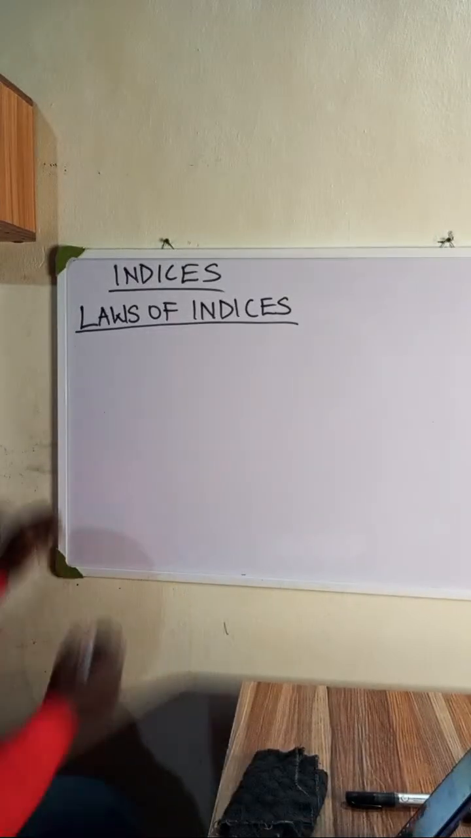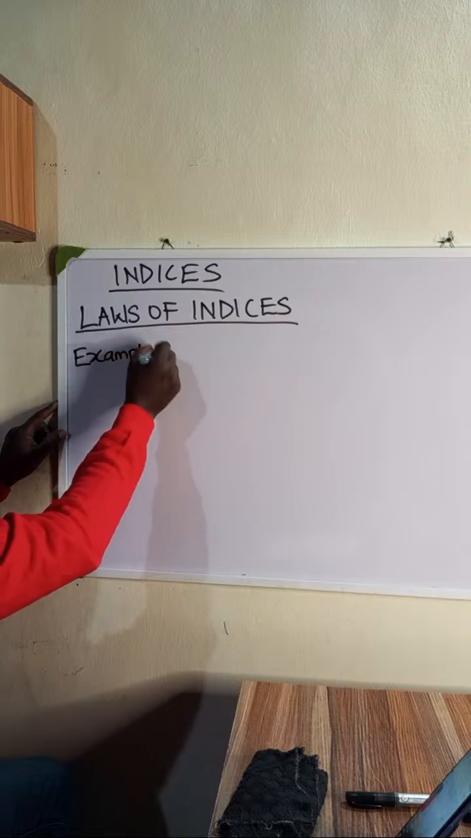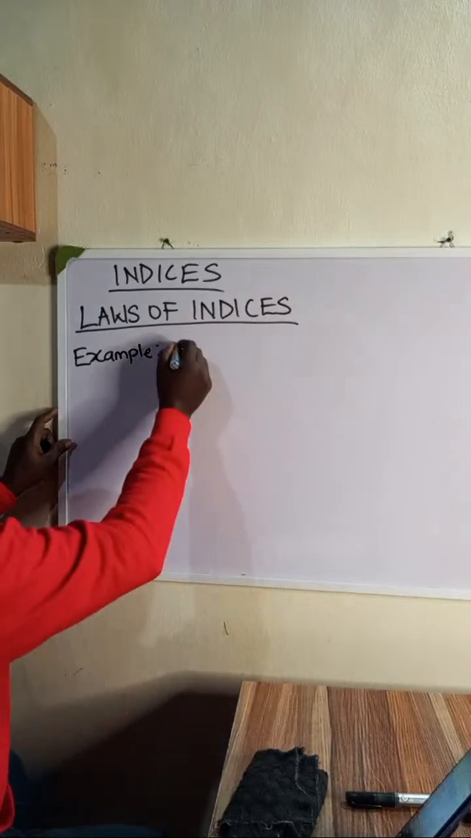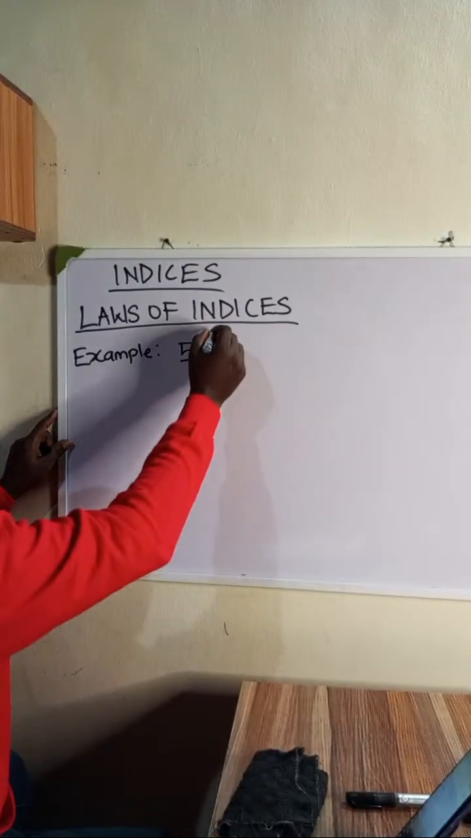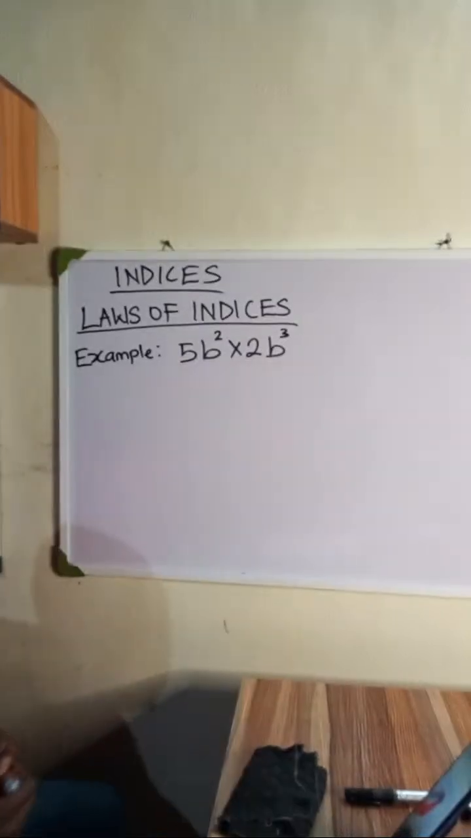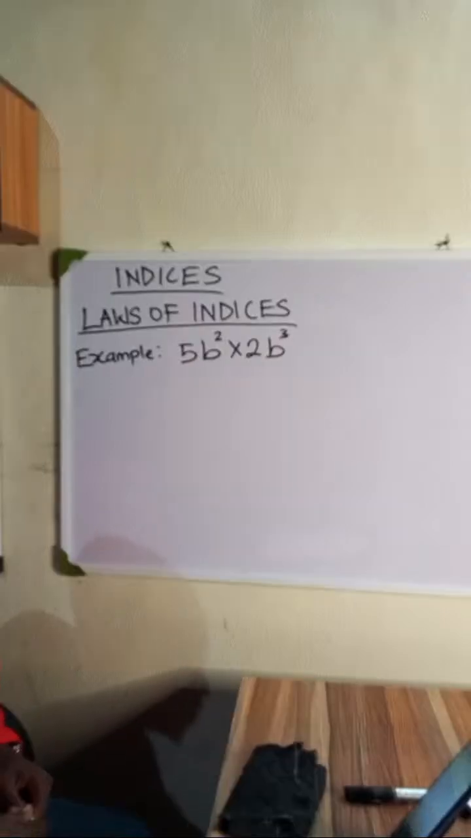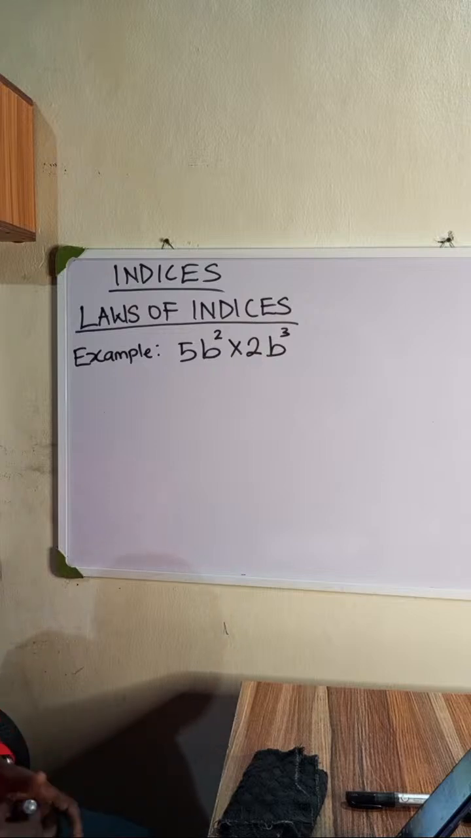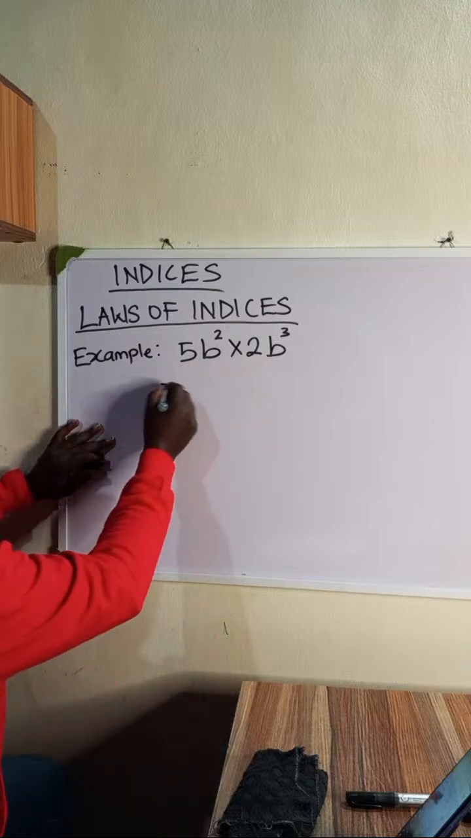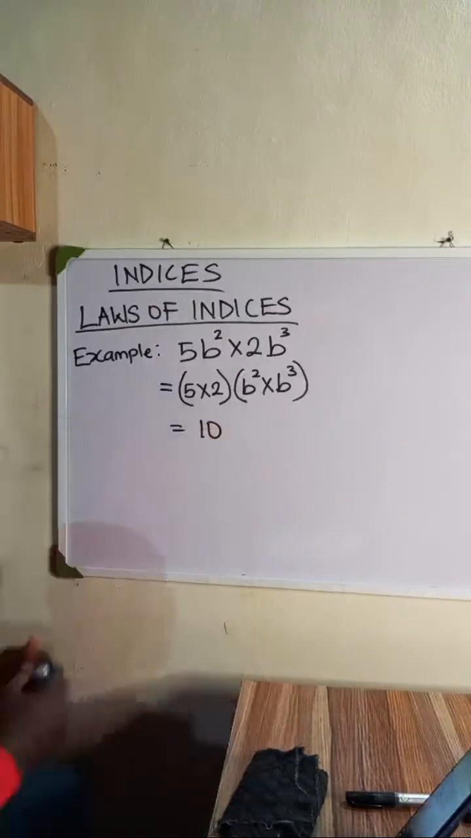Okay, so if we have an example, remember we are still on the first law, the addition law. If you have 5b to the power of 2 multiplied by 2b to the power of 3, let's see how to solve this. 5b to the power of 2 multiplied by 2b to the power of 3. So the safest way to go about this is the two numbers, which are the coefficients, put them in one bracket. 5 times 10, and then